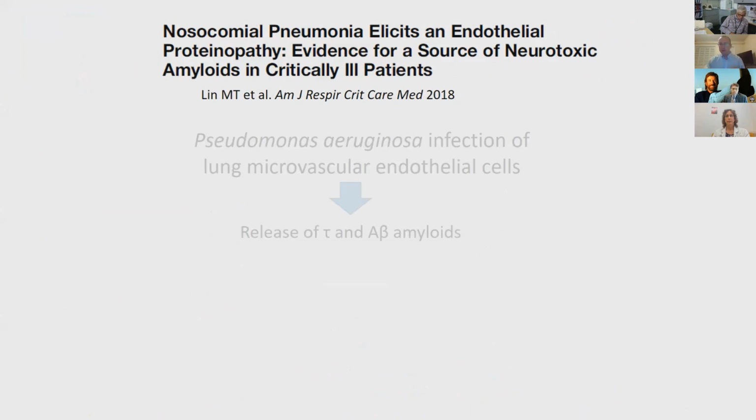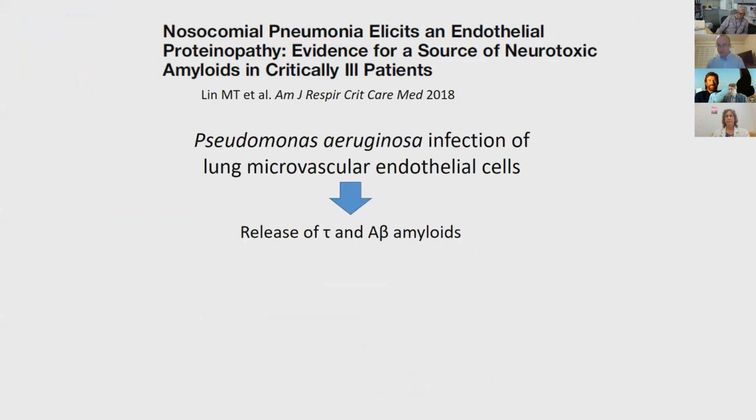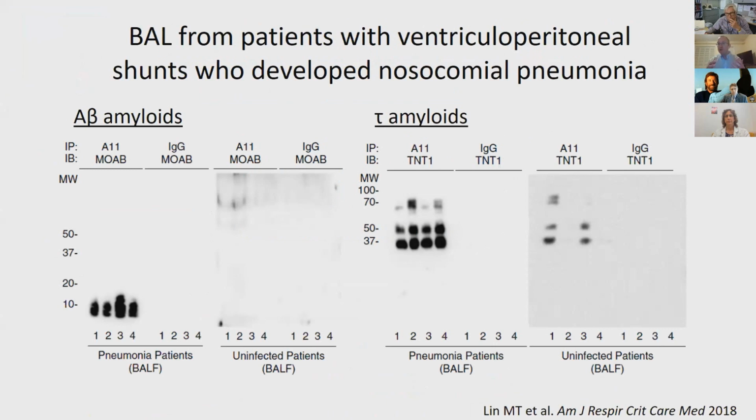Their group took lung endothelial cells in vitro and infected them with Pseudomonas. These endothelial cells produce prion-like proteins, tau and A-beta amyloids. If you do a bronchoalveolar lavage on a patient who has a ventriculoperitoneal shunt, which I'll explain in a little bit why, they took patients who had VP shunts who had pneumonias, and they did BALs on these patients, and they had a lot of these prion-like amyloids in their BAL, and they took the CSF from this VP shunt and isolated